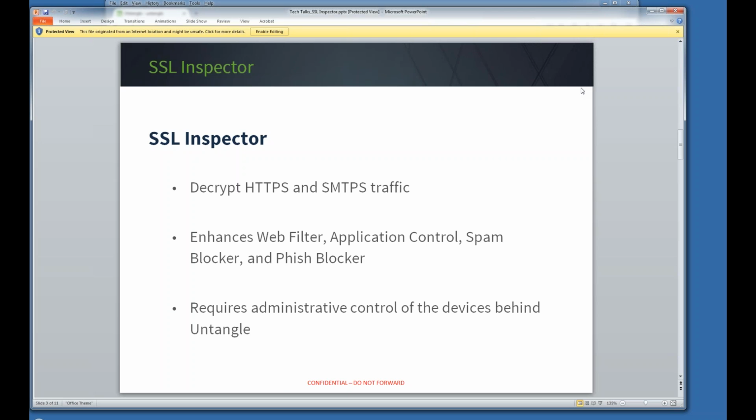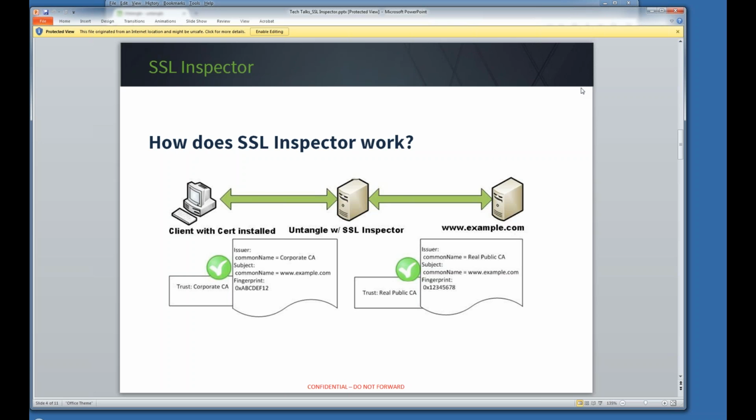So we'll go into it right now. What does the SSL Inspector do? As you can see here, if a client is communicating with a website, it will develop an encryption between them. As it's going through the Untangle, it will only see the encrypted traffic and not know exactly what's going on. It will most likely know what domain it's going to,